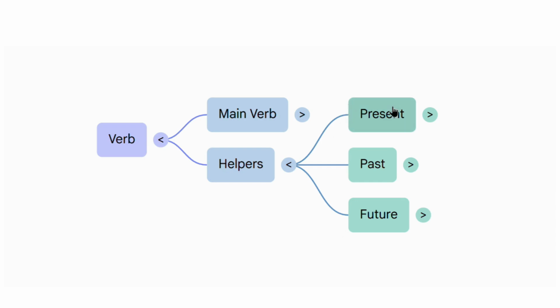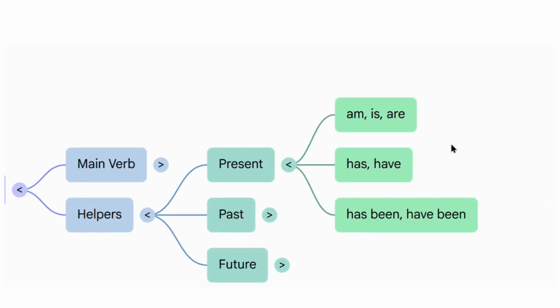You can ask me, ma'am, why do we need helpers in the English language? I mean the helping verbs. Whenever we talk about some action in English, we also need to talk about when that particular action has happened, whether it is happening now, or is going to happen in the future, or has already happened or finished in the past. To mention the timing of that action, we have helping verbs in English. That is why the helping verbs are divided by the tenses, and that is why I have given the outline like this.